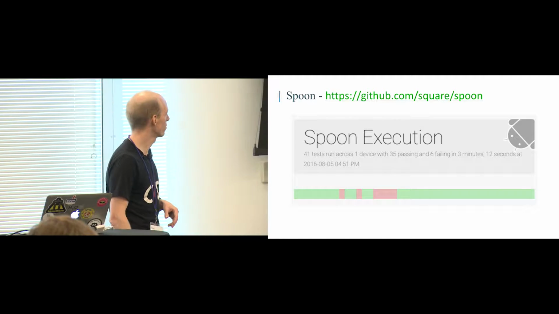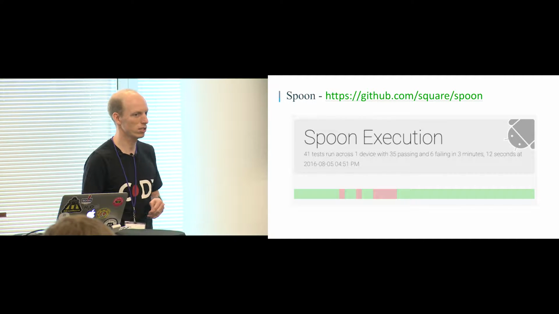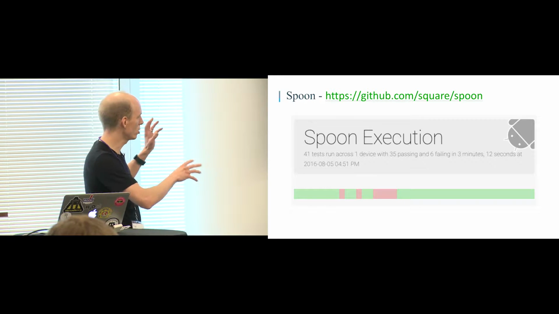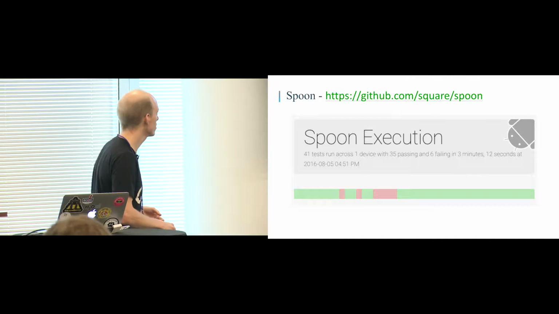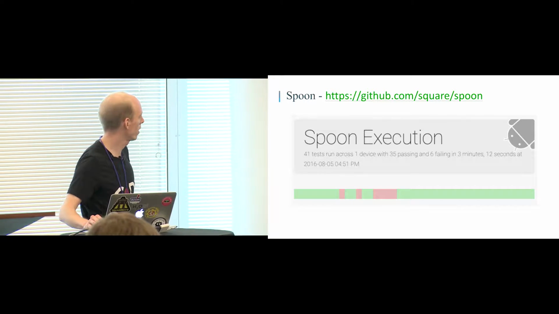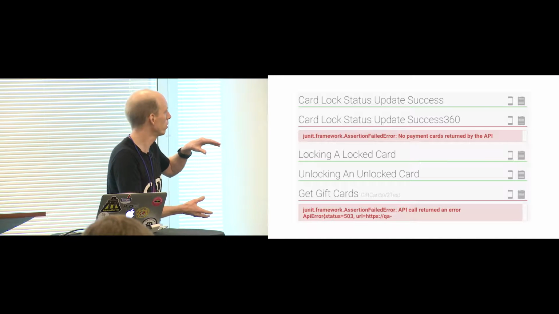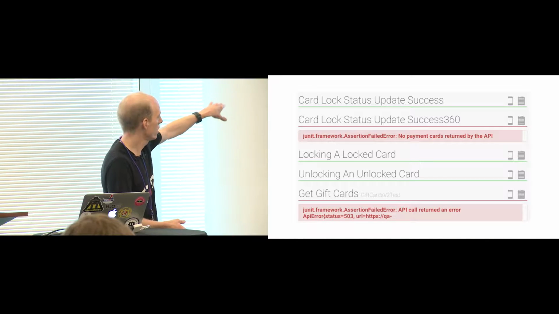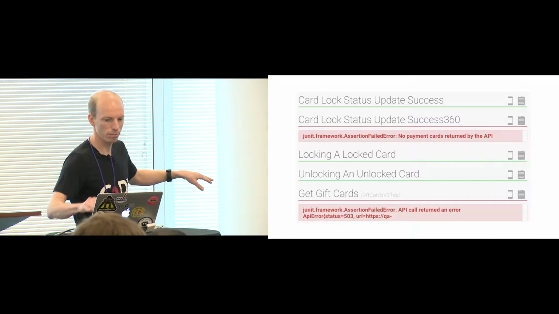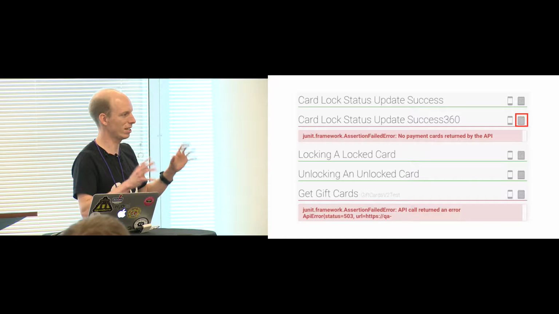Spoon is a great tool from Square that you can use. If you're doing Android instrumentation tests, you can use this. It's a really attractive HTML output for your tests. So here we can see a different set of failures, 6 failures, and you can click on any of those and it brings you down to this more detailed view, but still with the summaries, a nice big headline for the assertion failure. And then the real piece of magic is these little notepad icons where what it does is it